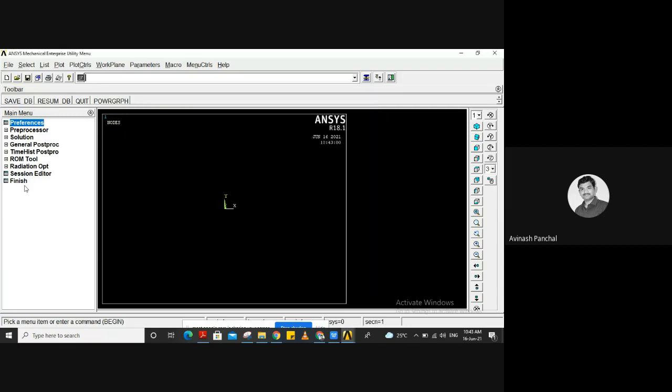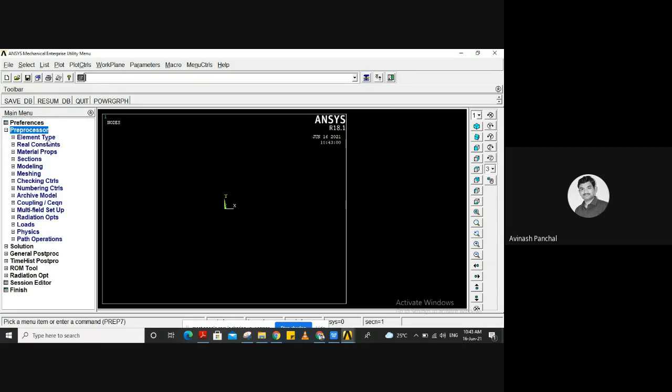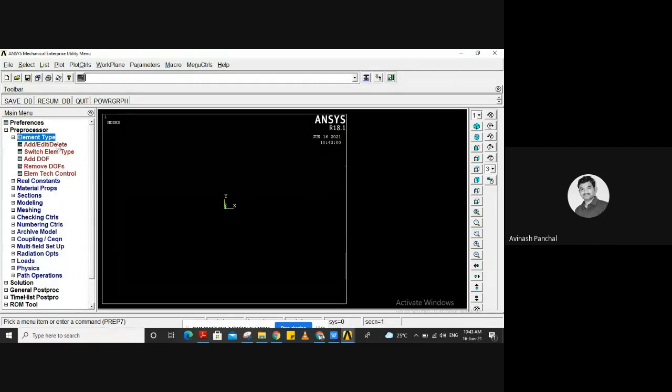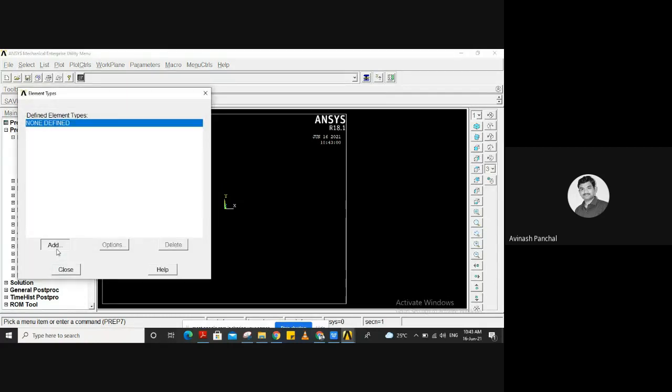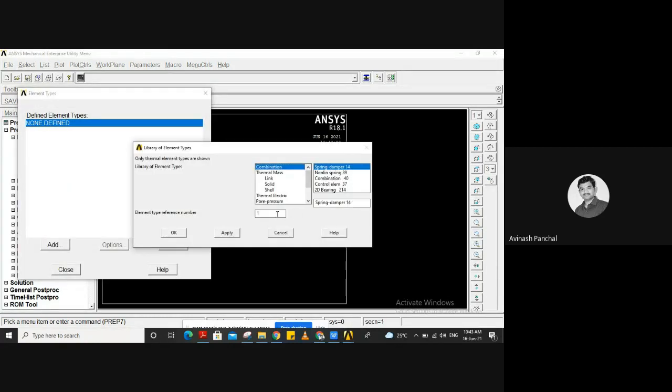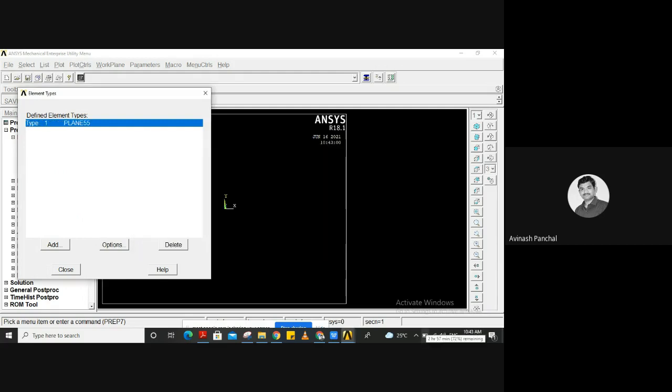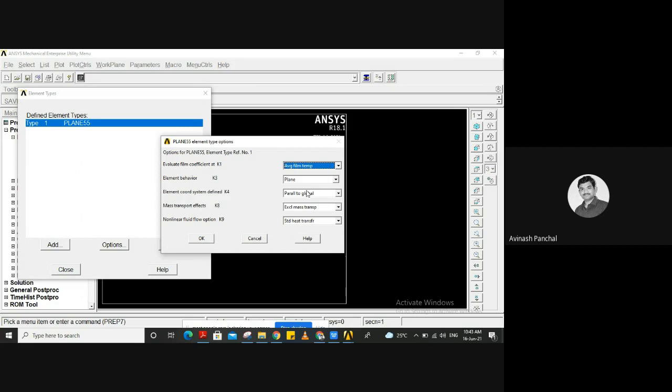So click on OK, then go to preprocessor, element type, add edit delete, add, and directly type here plane 55 element we are going to use. In this we need to apply the plane thickness.